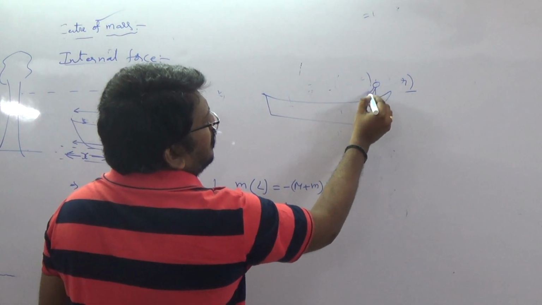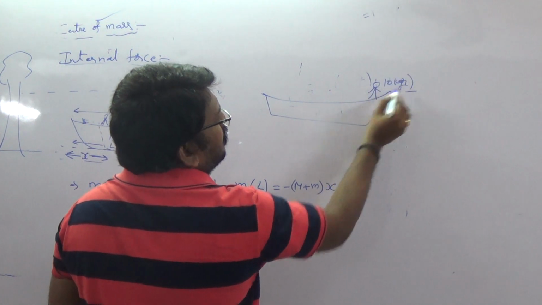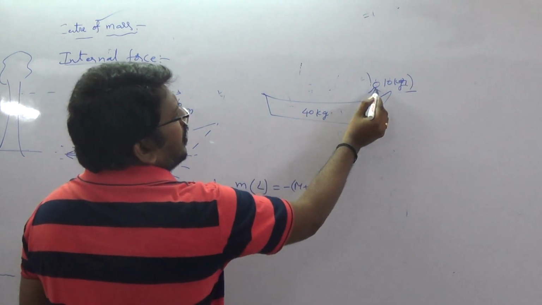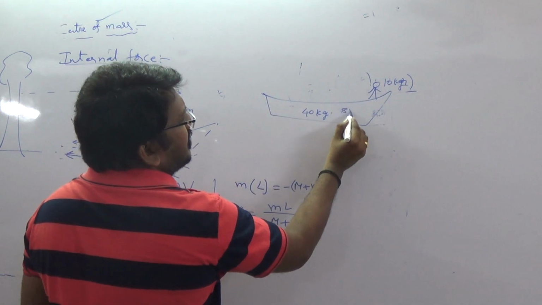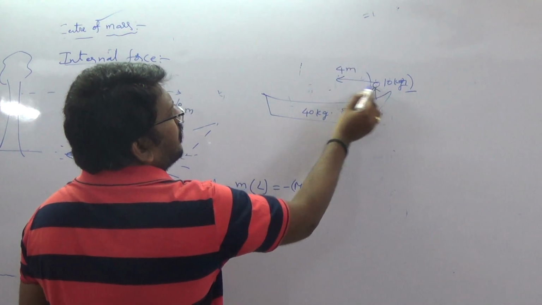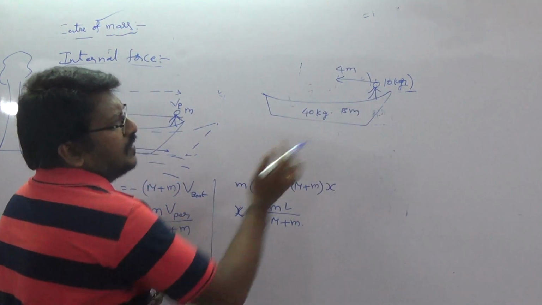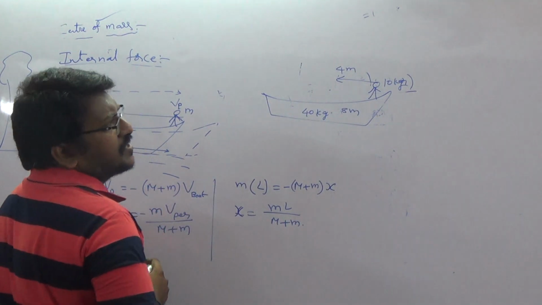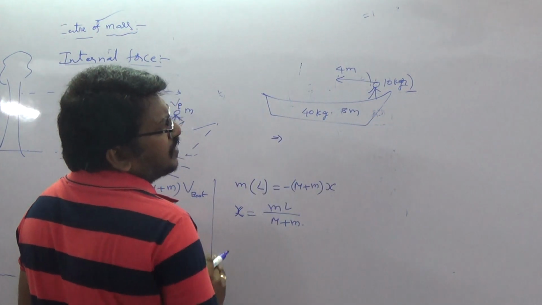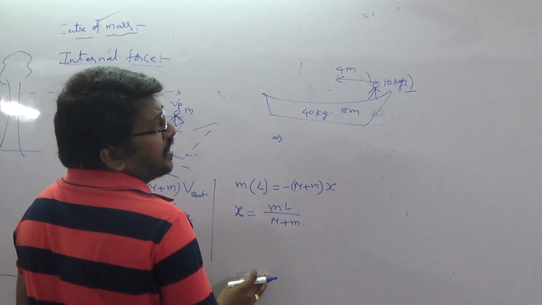A boy of mass 10 kg is on a boat of mass 40 kg. The length of the boat is 8 meters, but the boy is just walking 4 meters. Not from here to here, just from here to here. That is, the walking distance of the boy is 4 meters. In that situation, what is the displacement of the boat, or what is the shift of the boat in the opposite